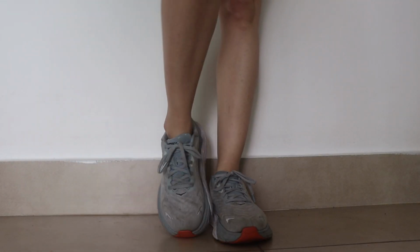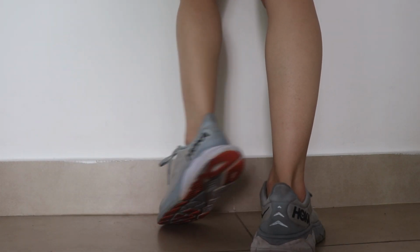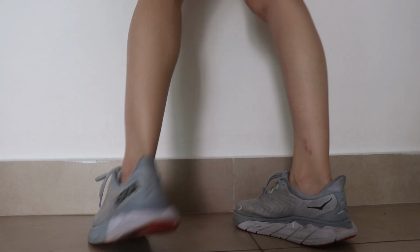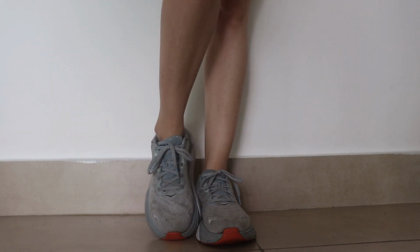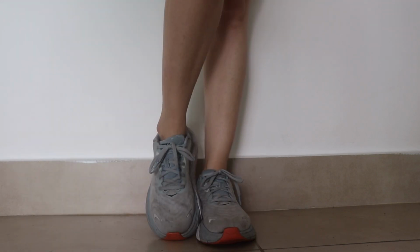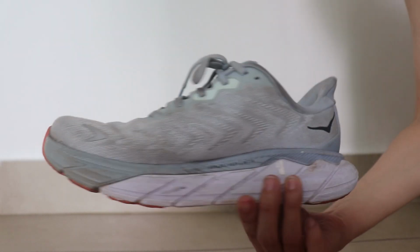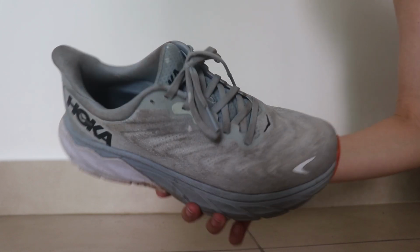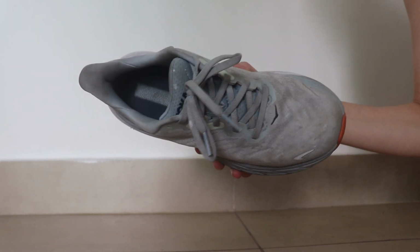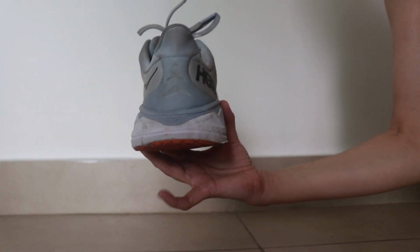This was a birthday gift, if I recall well, and they were for long runs. They have been with me for 2 years and they are pretty worn out already. They are not useful for running anymore because I used to run 7 kilometers, 10, but I don't run that long anymore. They were for long runs on asphalt, so they are pretty worn out already. The cushioning is not there anymore. It's pretty gone. As you can see, they are very dirty because they are my exclusively dirty shoes, for painting